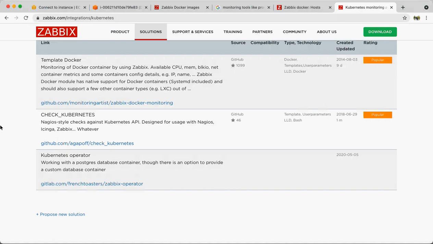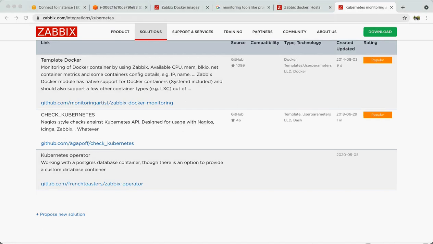So this is how monitoring tools work. Zabbix lies in a middle layer. If you have a large number of nodes to be monitored, then you should go for a bigger monitoring tool like Nagios or Splunk and others. But for small or medium size deployments, Zabbix is also quite good and efficient.